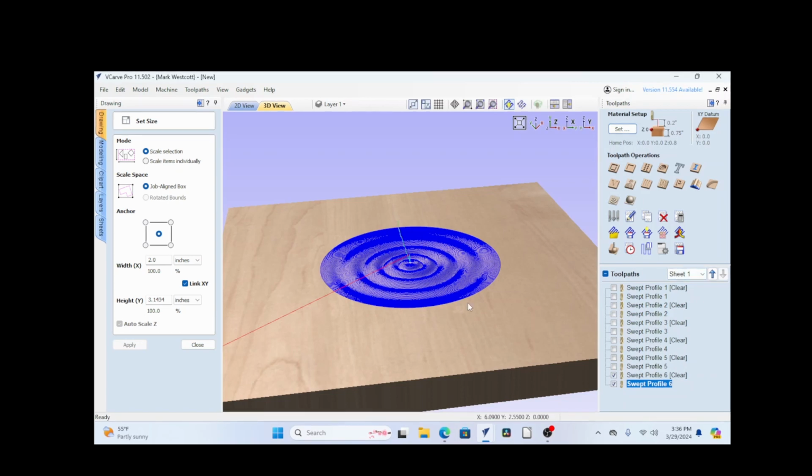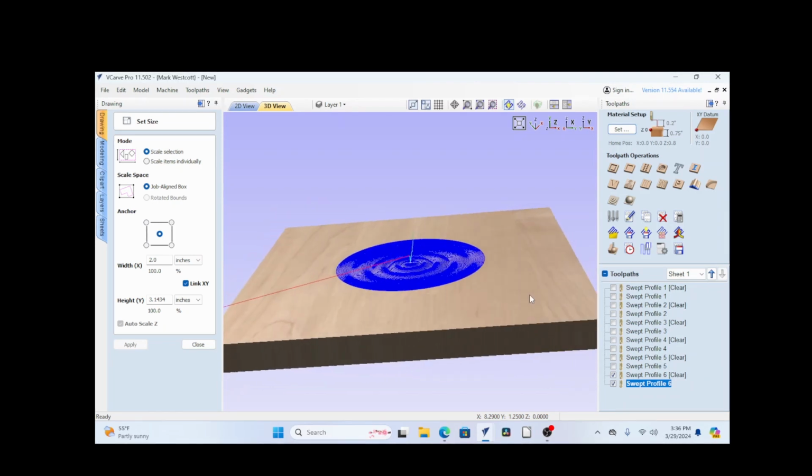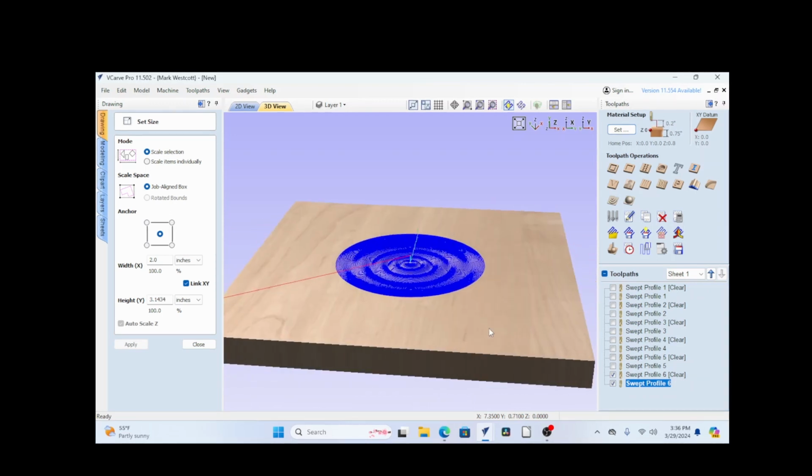So hopefully that's helpful, and I hope you make something wonderful. I hope you enjoyed. Please tune in, and I'm going to show you in my next video how to make the clips so you can make your own notebook